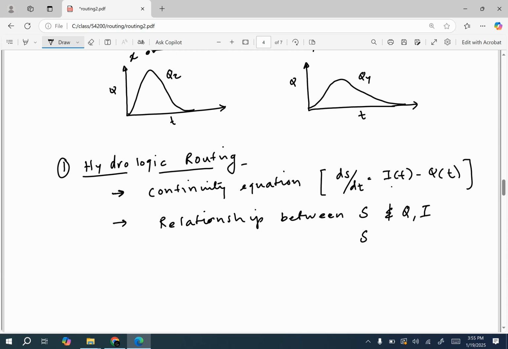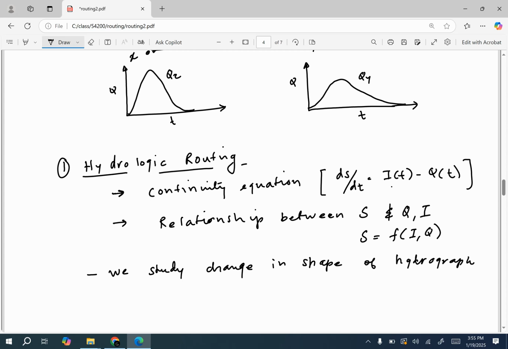So S is a function of I and Q. These two sets of equations are used when we route the flow using the hydrologic routing method. In this case we study the change in shape of the hydrograph with respect to time